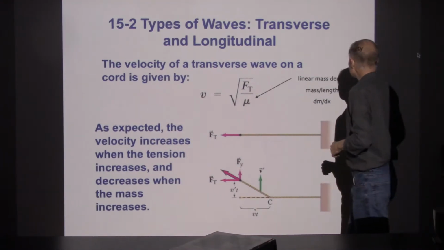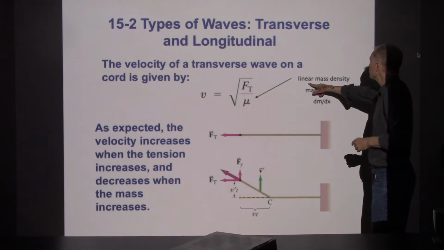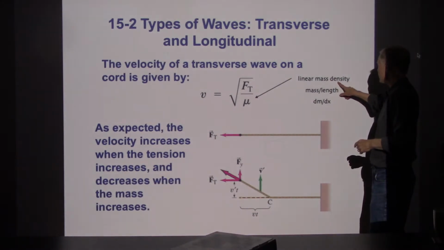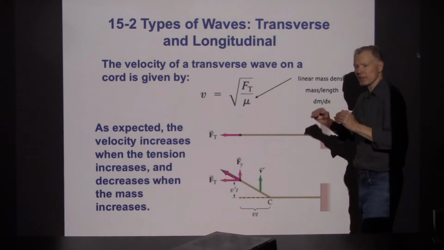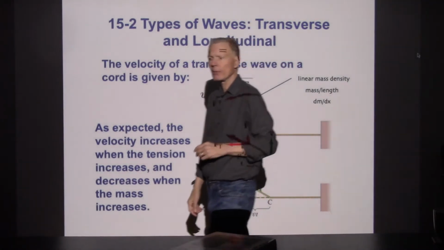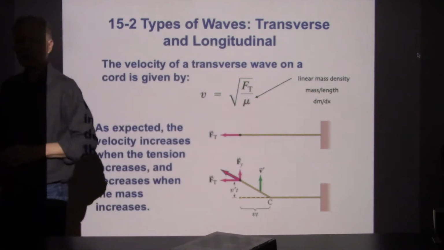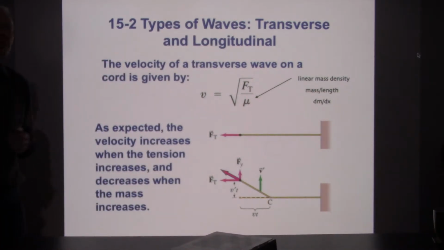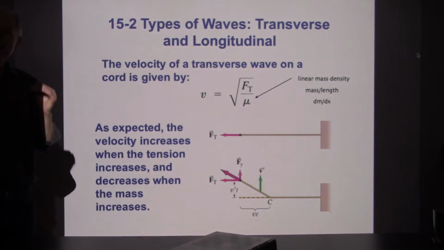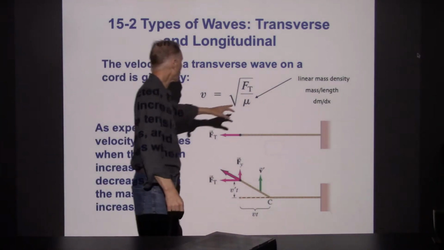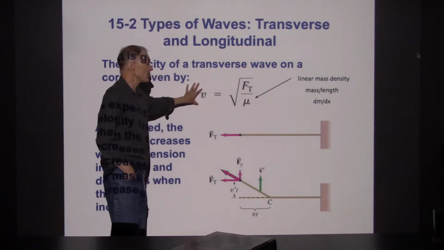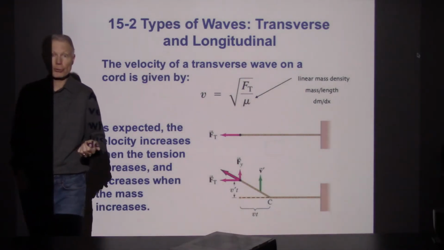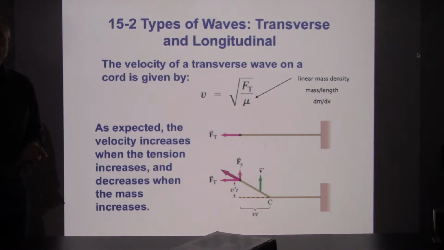Specifically, something we call mu, which is linear mass density. It's the mass per length. Sometimes we write this as dm/dx. How much mass is there per length in this particular wire or this particular string? The heavier something is, the more mass per length. That slows down the process. This is, once again, the inertia effect that we're seeing here